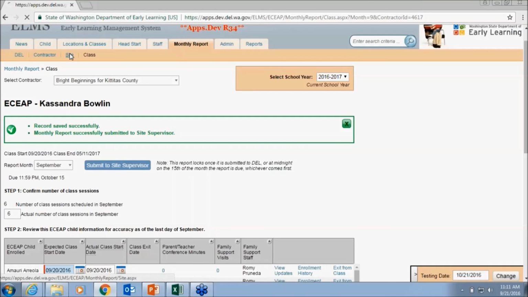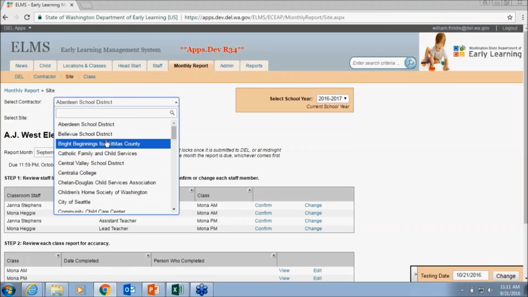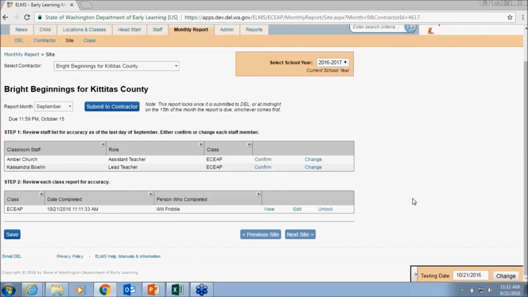So now we're going to jump up to the site level. The site level is a bit simpler. Step 1 is you see your correct teachers who worked at the site during that month. If anything seems wrong, if there's somebody on here who left and wasn't actually there this month, then you'd want to click this change and go into the areas of ELMS where you manage your staff,